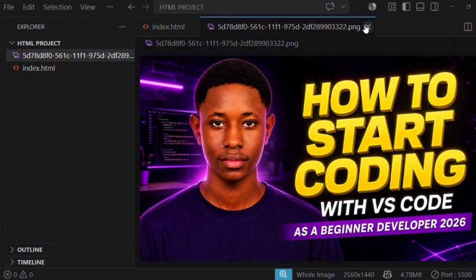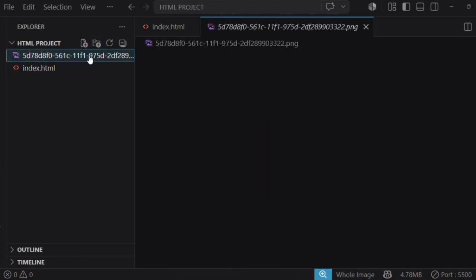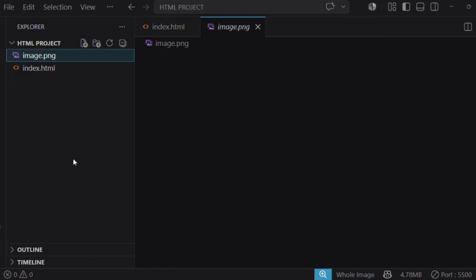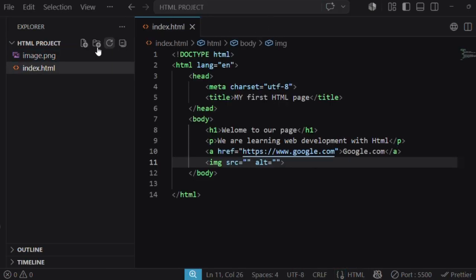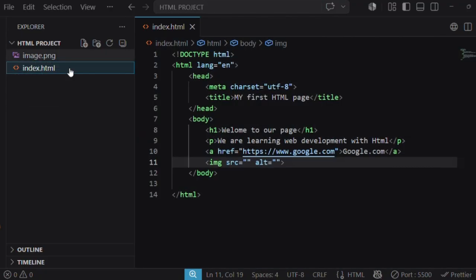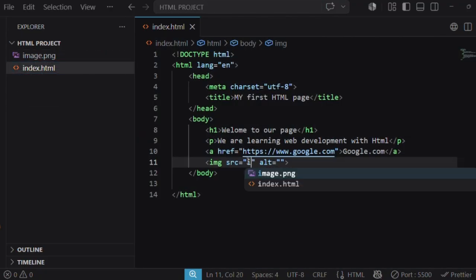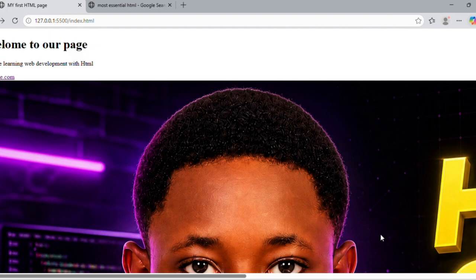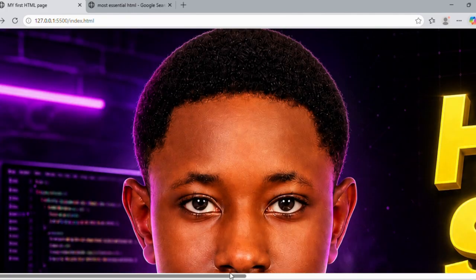You can just press it there and it's good to go. We can use it. Because this image name is too long, let's rename it into something clean in order not to crowd our project. So what you do here is that in this source attribute, you'll actually come and click on your image and bring it here slightly. Or if you don't want to do that, you can just come here and write image.jpg. You click enter, and then if you see here, it will already show, but it's too big for our